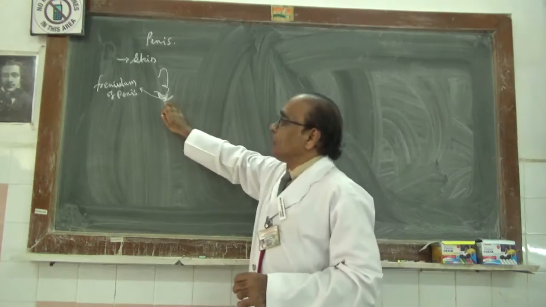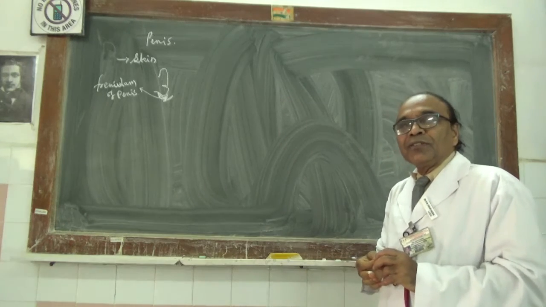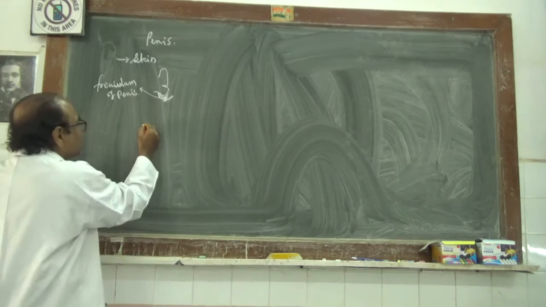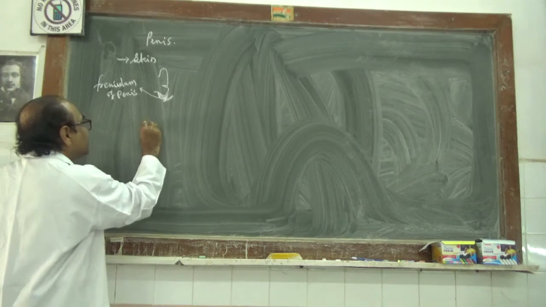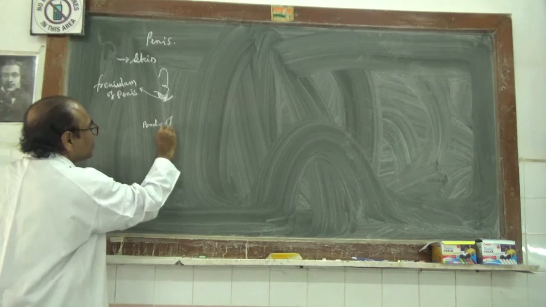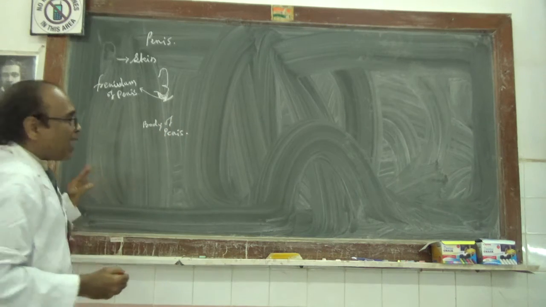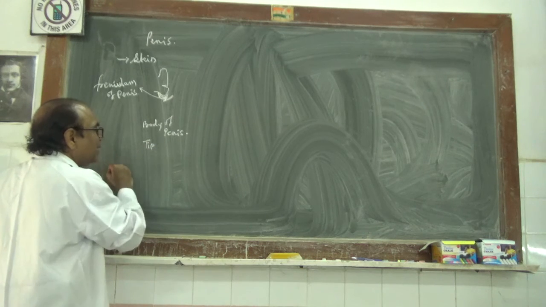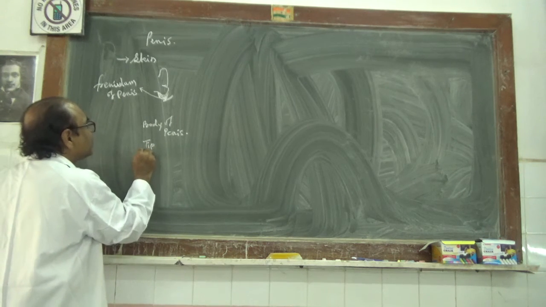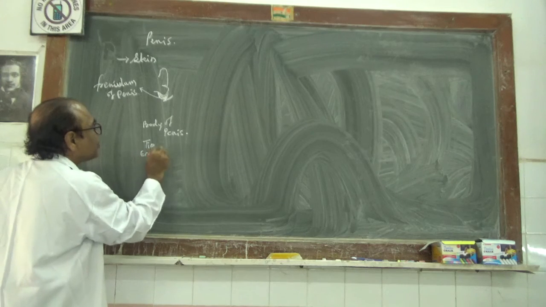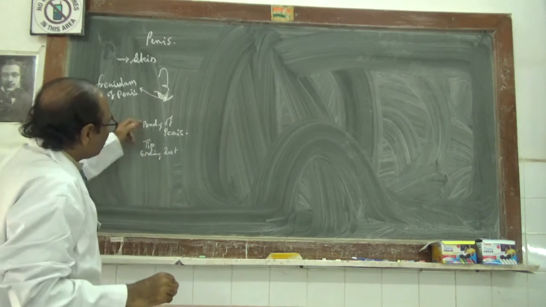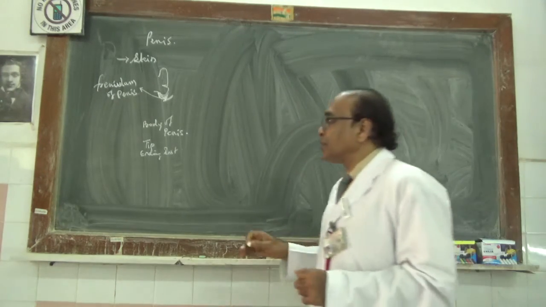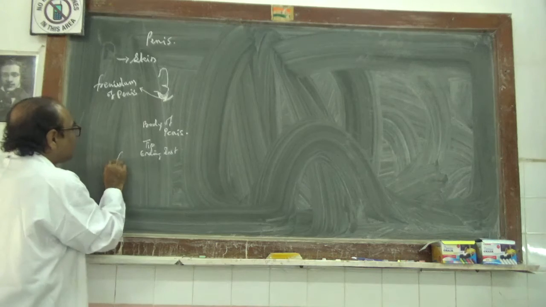So this you have to add into the topic on the penis, especially at the skin. Then you have the body part of the penis and the remaining part, that is the tip, and the ending of the root into the body. That is completely suspended by means of the fundiform ligament.